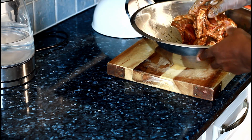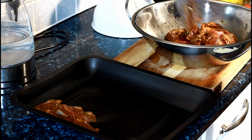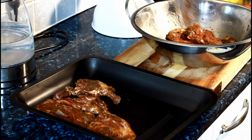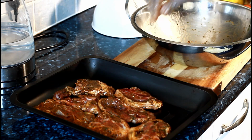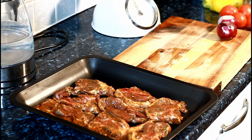now what I'm going to do is get a tray and place it in the tray like this. Beautiful. Once you place it in the tray,